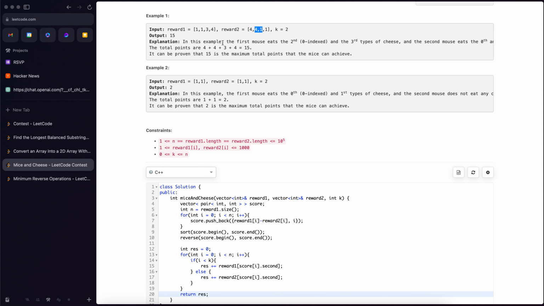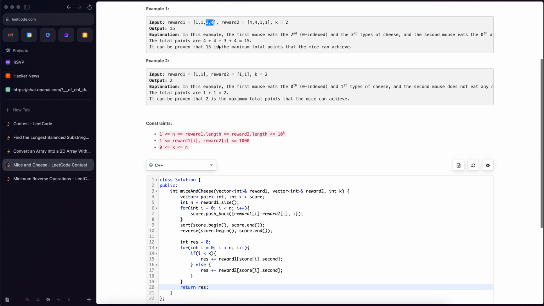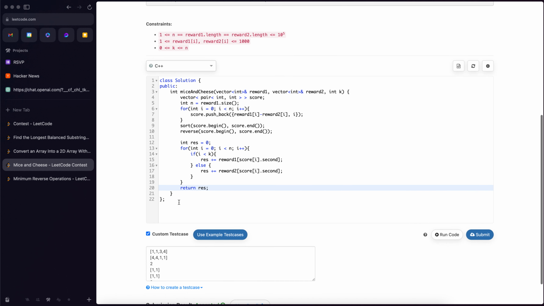Also, in this sample test case, it feels like you should just pick the maximum, and that will give us the wrong answer, although in this case it's working. I'll give you a sample test case where it will fail. So let's say